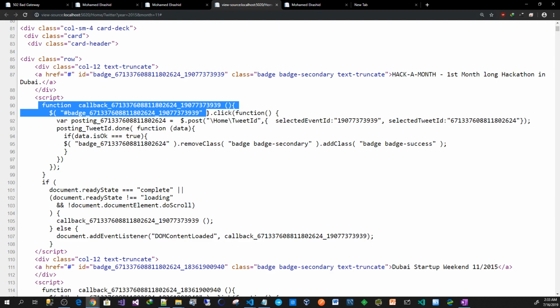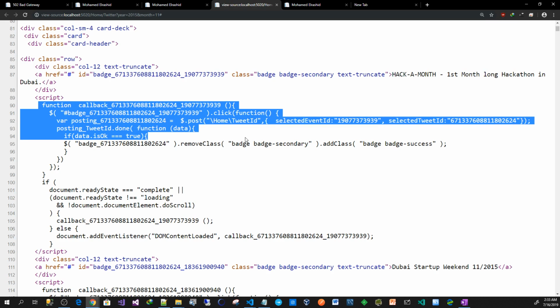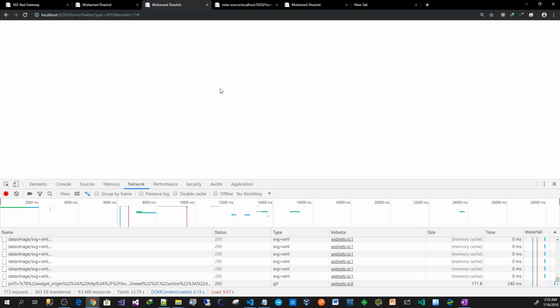So we have a unique function with the ID. It should not be this way. Let's be real. It should be one function which you pass the callback, the ID and the name, and it just constructs the name and the ID. But I'm doing it here inside. I just don't want to do it in two views, so I'm doing it in one view. It will save you a lot of page size. It's better if you do it in one function, not this way. But I'm doing it this way, so don't do it. Yeah. So next